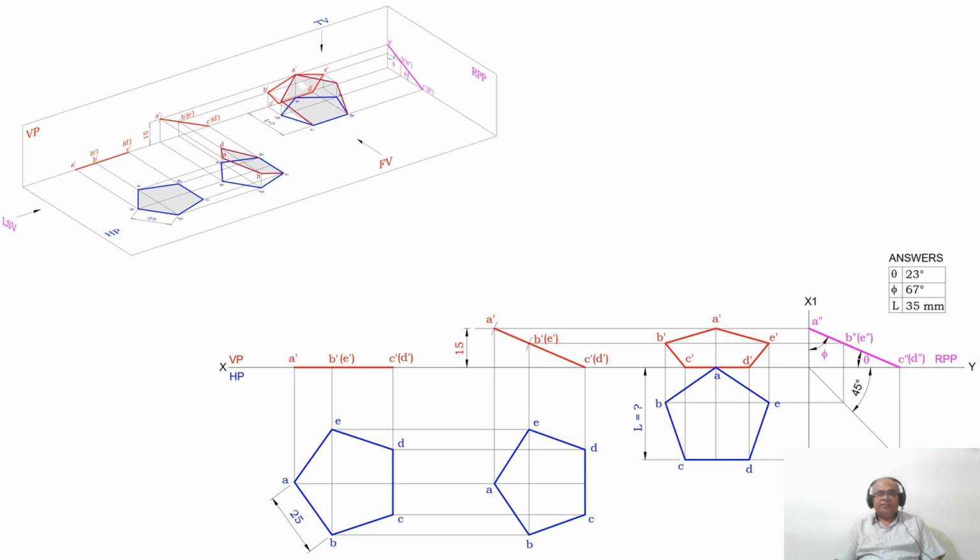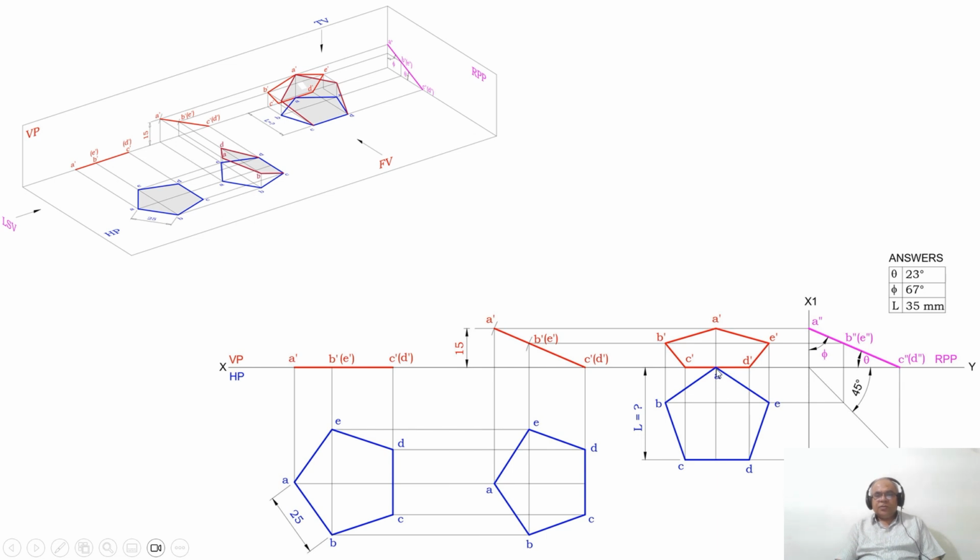So the next thing is, I want to keep this point A on the vertical plane. How to do that? Consider any distance and mark that point A on the XY line in the top view. And from here, you reproduce the same sketch. How to do that? From A, draw a vertical projector downwards. Then you measure the distance from A to this line using the compass. From A, you cut an arc on this perpendicular line,